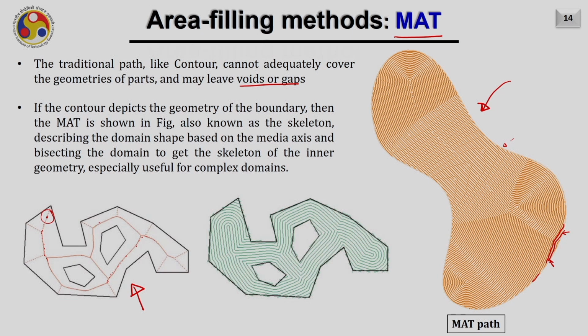Then after that, we keep on offsetting this median axis by a certain amount of step over. As a result, you get the tool path corresponding to MAT. The tool path which goes outside this boundary is simply trimmed off. And finally, you will have the tool path corresponding to MAT. Due to its unique benefits of having constant step over and feed rate throughout, these tool paths, like I said, are very popular nowadays for directed energy deposition.